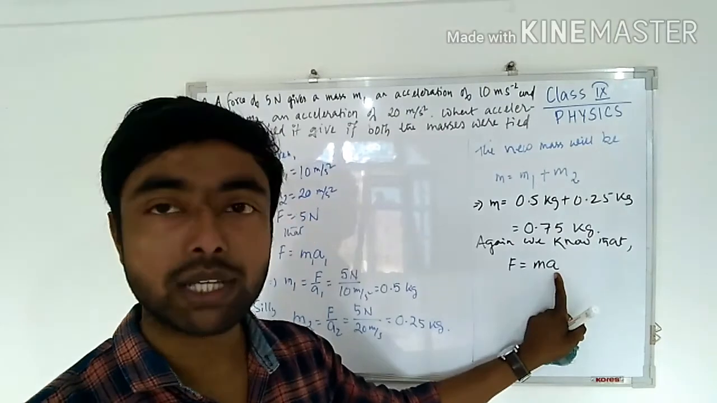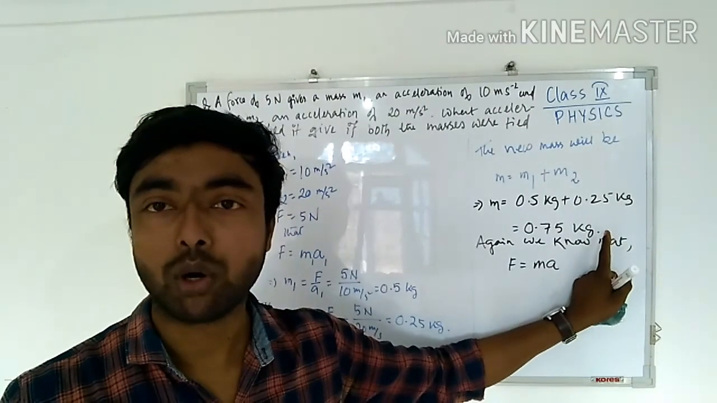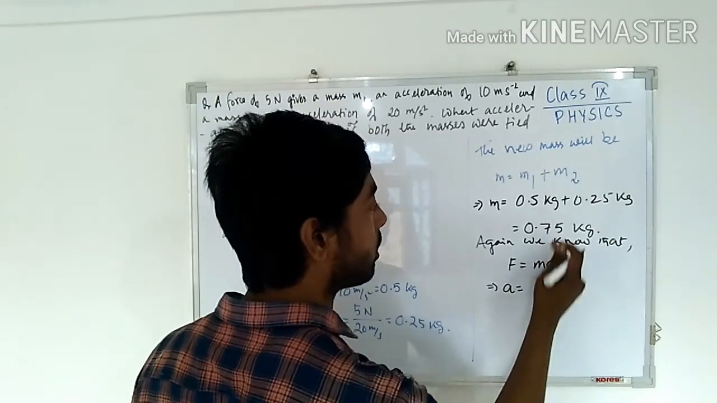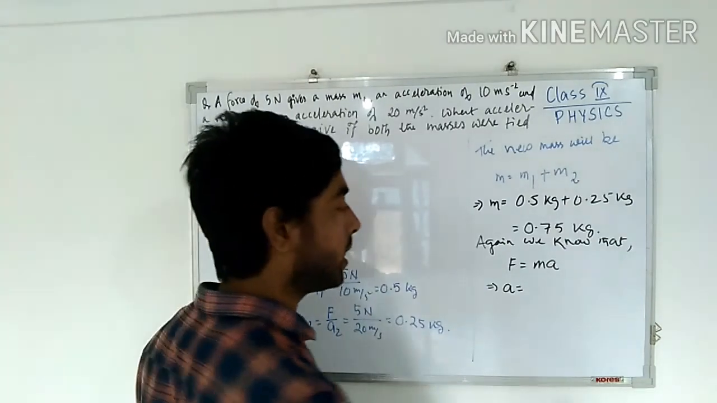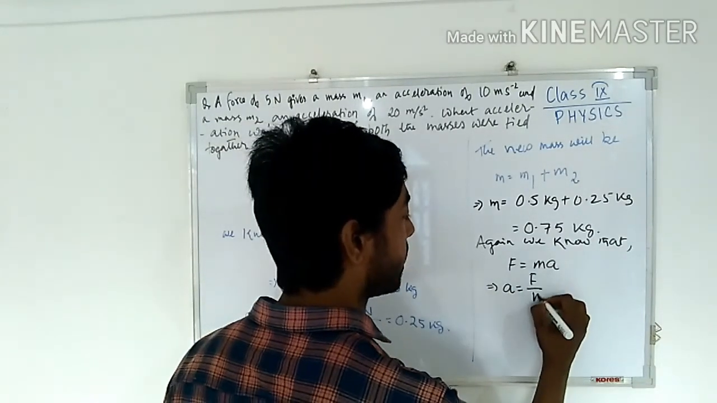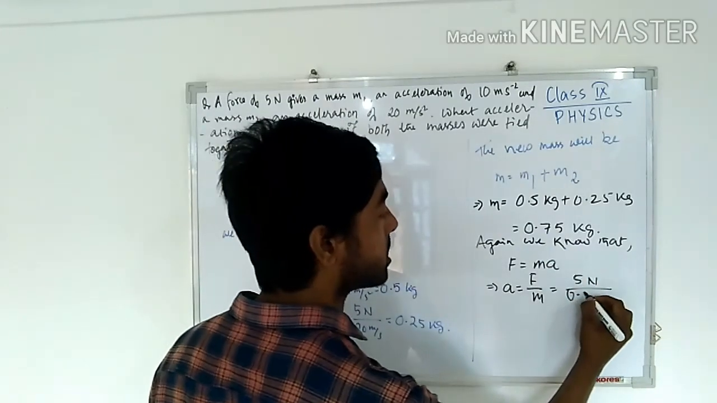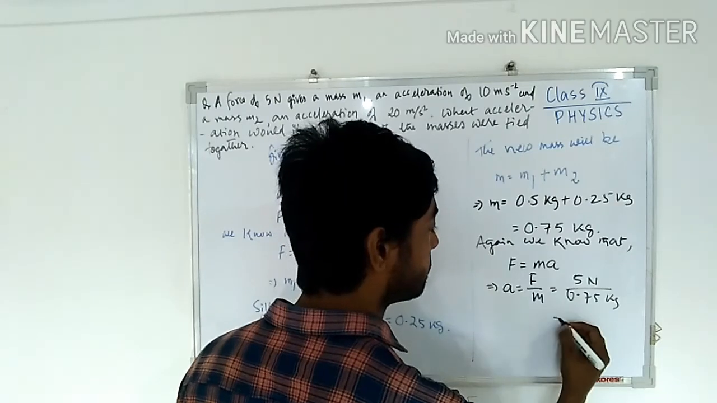ये A क्या हो जाएगा? एक्सेलरेशन ऑफ द न्यू ऑब्जेक्ट. ओके, तो वो हमें चाहिए. क्वेश्चन इज वो न्यू ऑब्जेक्ट को ये फोर्स 5 न्यूटन कितना एक्सेलरेशन देगा? तो A कितना हो जाएगा? F by M. तो F का वैल्यू 5 न्यूटन है. M कितना है? 0.75 kg. सो इसका वैल्यू कितना होगा? देखो